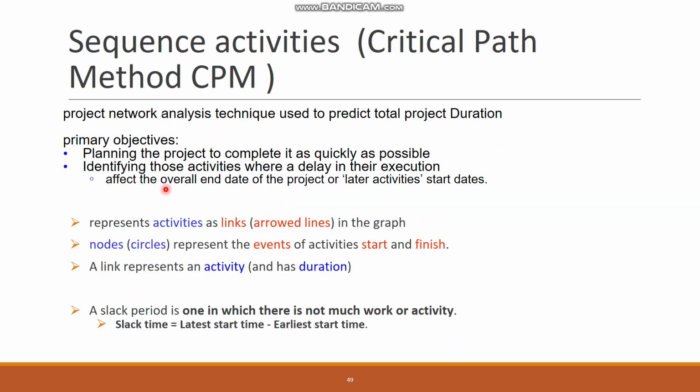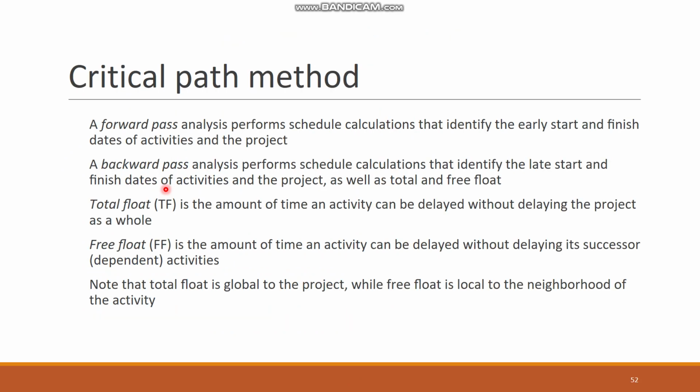For sequencing activities, one of the most common methods being used is known as the critical path method. The critical path method is basically used to calculate the critical activities that you cannot delay. There are two passes in the critical path method: one is a forward pass and one is a backward pass. When we discuss the diagram, I will explain in detail how you can find out the